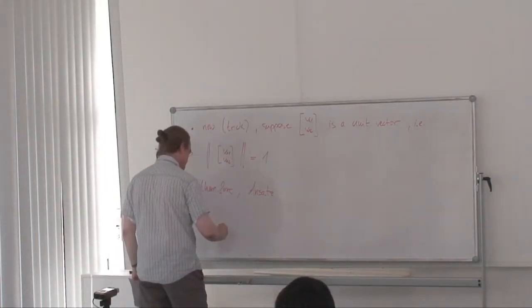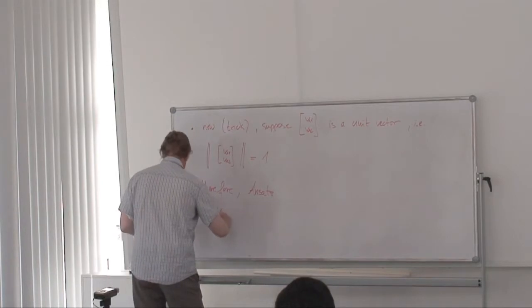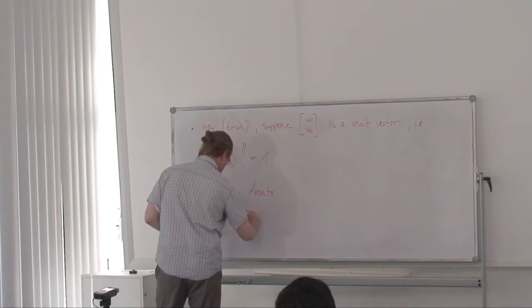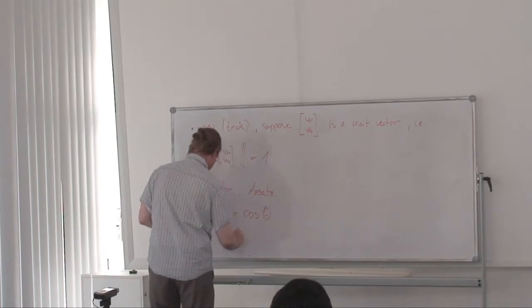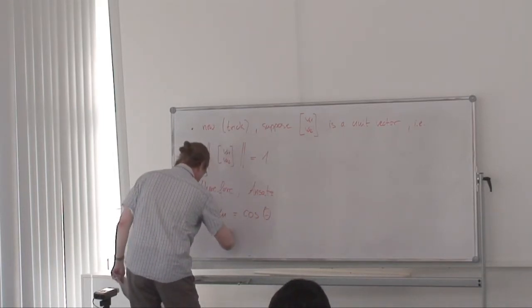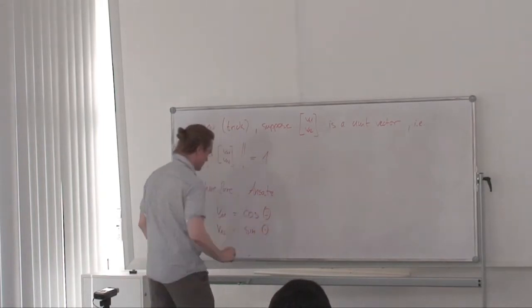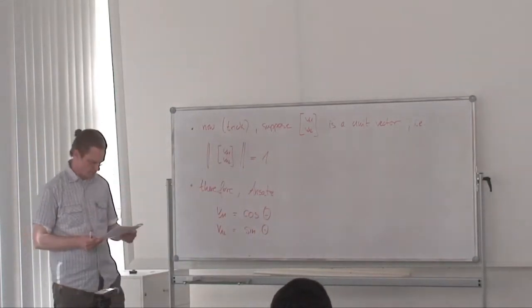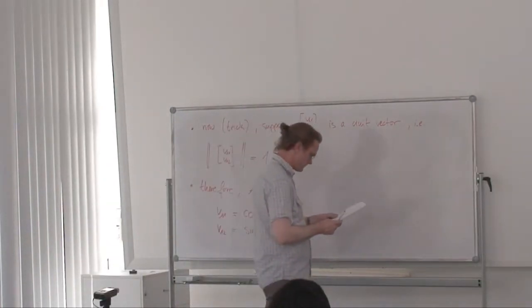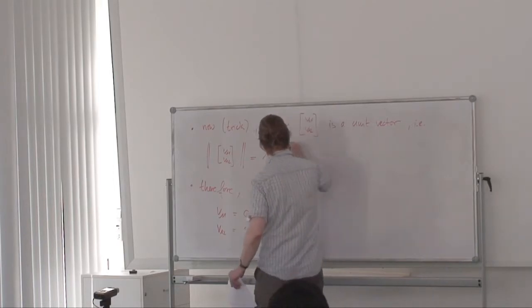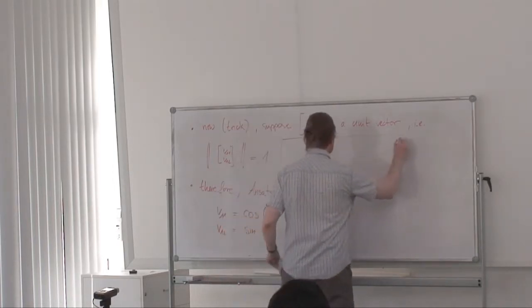We can say that V11 should be something like cosine of theta, and V12 should be sine of theta, or could be. With this Ansatz, we then have